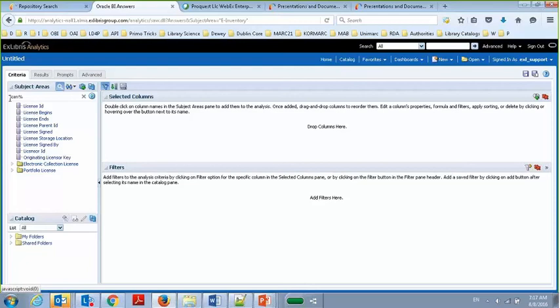It's not case sensitive, by the way. I got a capital L and I looked for a small l. So I have license and I have licensor. I have ending in E, ending in O. And now I can see all of the different values here. So I was able to quickly find